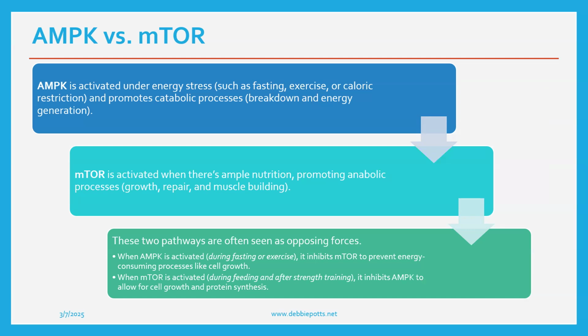So again, not too much, not too little, the right amount, the Goldilocks effect. mTOR promotes anabolic processes: growth, repair, and muscle building. So we don't want to be stuck in either. Similar to the sympathetic nervous system and parasympathetic nervous system. We don't want to be stuck in parasympathetic because we'd be lazy and tired all the time. And we don't want to be in sympathetic all the time because we'd be wired and crazy,